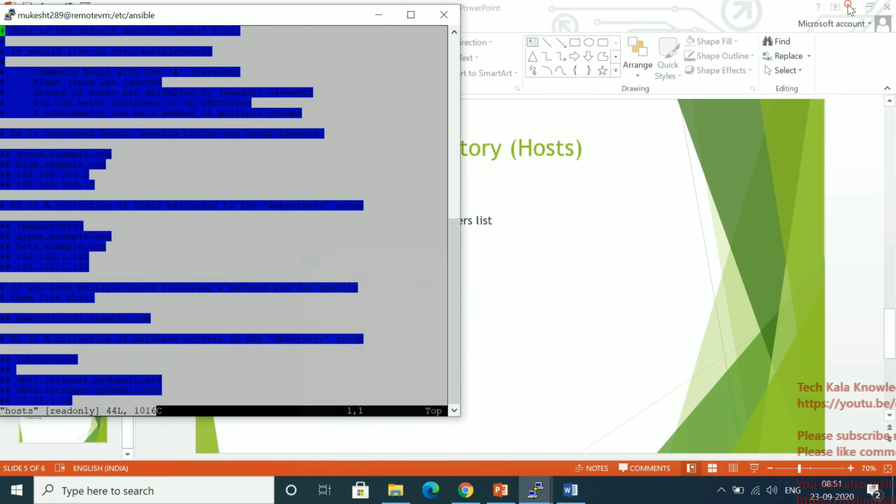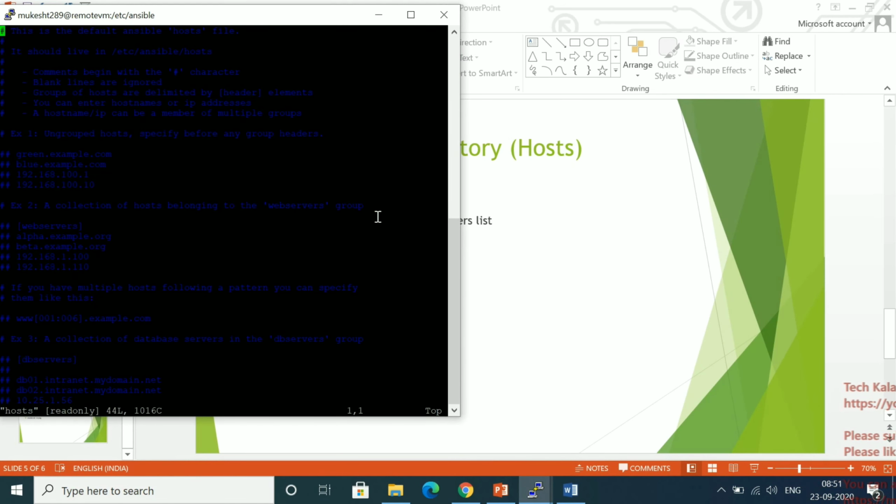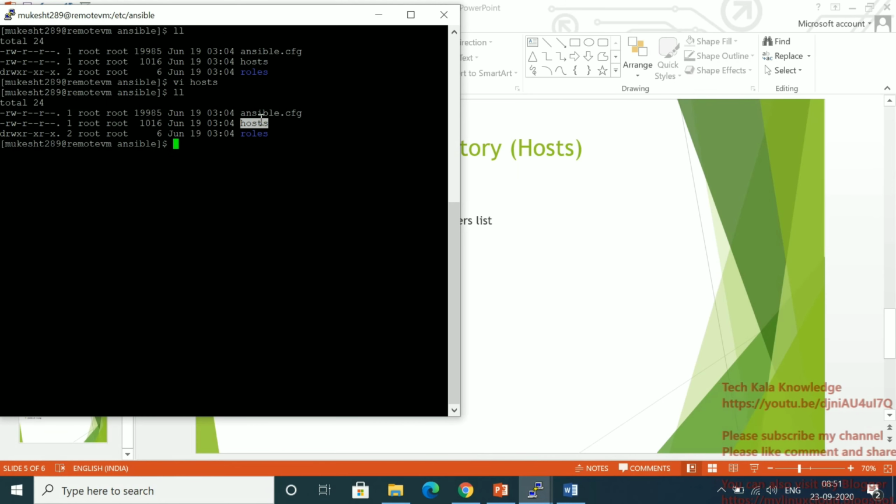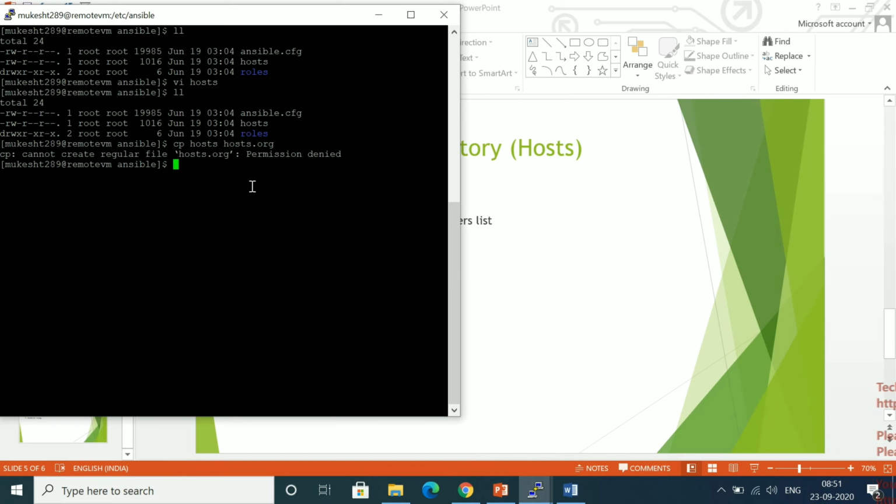Okay, fine. Let me come out from here, and I have to do the same thing. Let me copy this. This is the original file. You can delete this one also, that is not a problem. Let me copy this file as .org, meaning original. Not sudo cp, because I am not a root user.